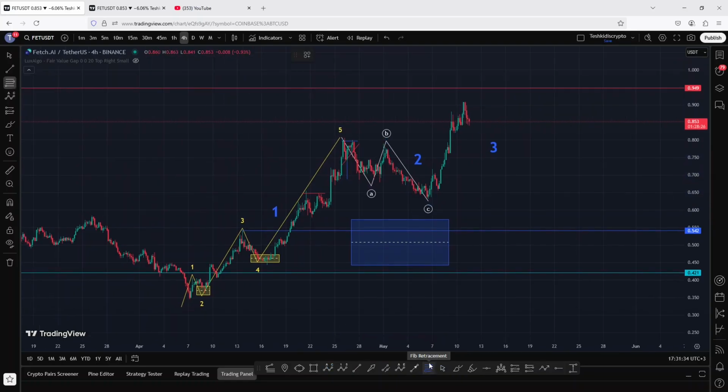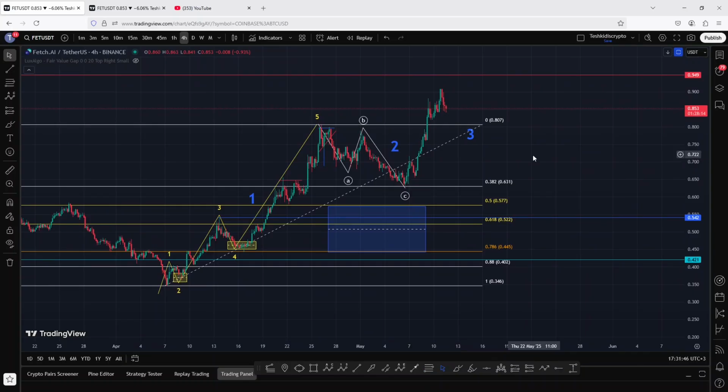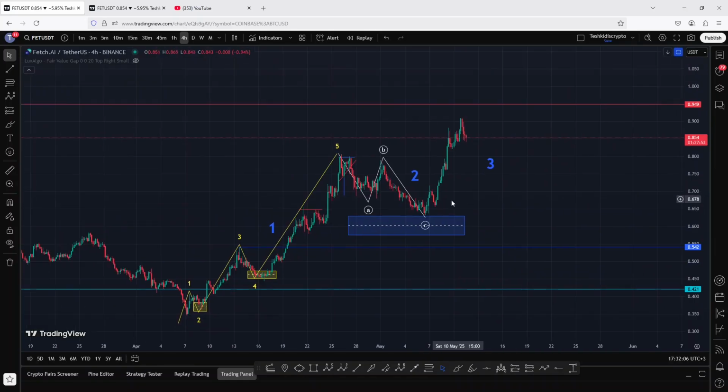And when it comes to minimum target areas, the target areas were given by connecting the fibs from the lows we made on the 7th of April to the highs we made in the formation of that wave 1. And the area that I was paying attention to was between the fib level 0.382 and the 0.786. And you can see that we saw a pullback into the area between the fib level 0.5 and the 0.382, an area that gave us a reaction to the upside, starting another bounce